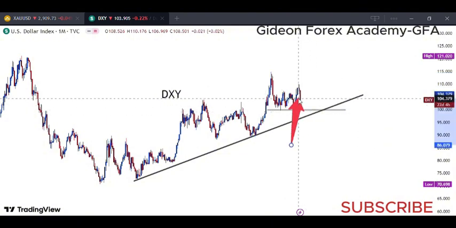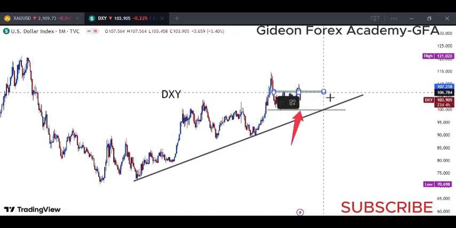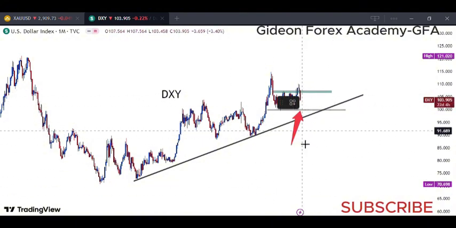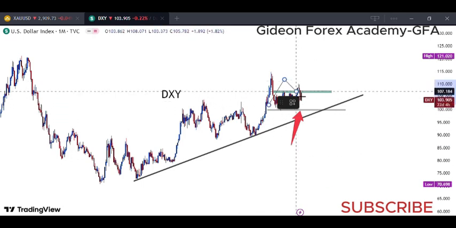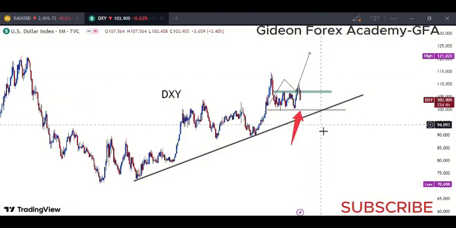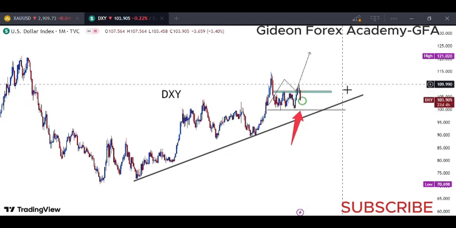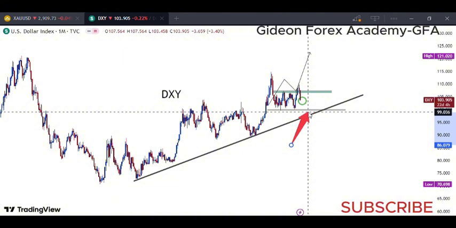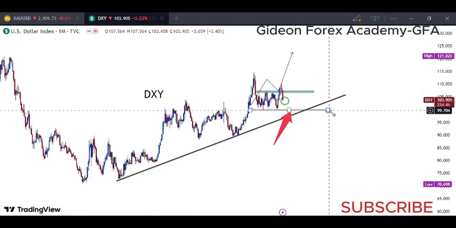Previously we thought that the dollar is really going to strengthen when it broke above this level. This is what we anticipated would happen: a break above there and a retest here, and then continue further up. But that did not happen. There was that reversal, a break below here. So right now we are looking at the dollar index weakening even more back to these levels over here, about around 99, 100 basis points for DXY.